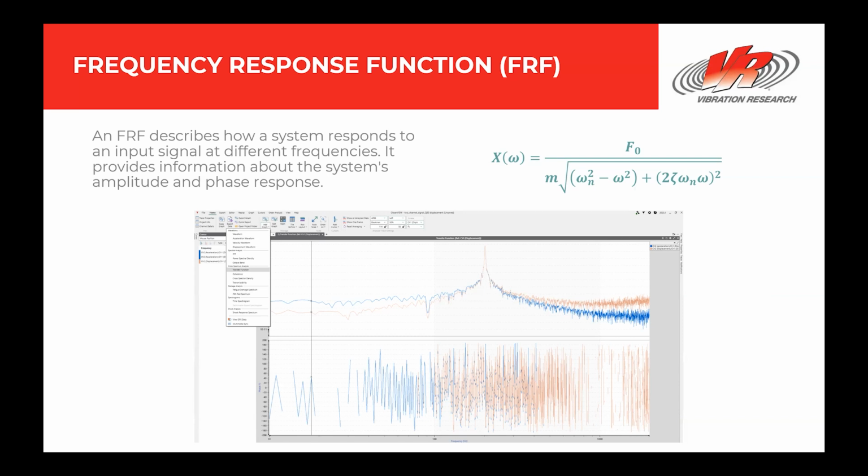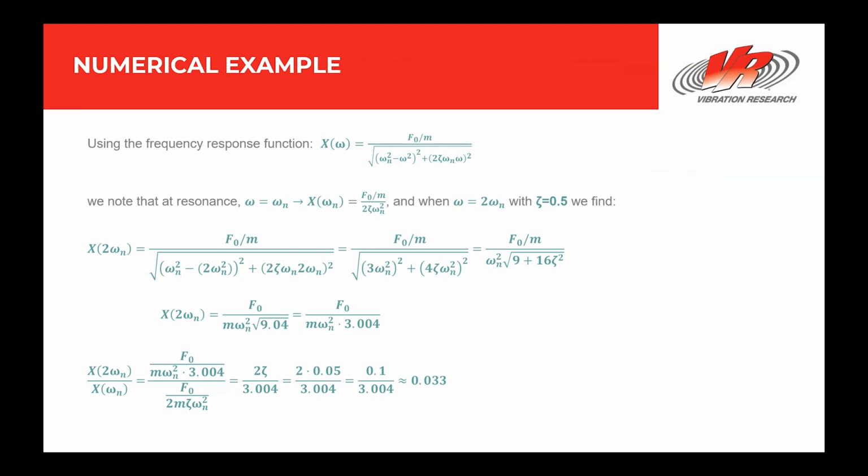in the measurements. They're a good starting point for understanding how well the factor of 2 rule applies to a system. So for a typical lightly damped system, zeta is small, and the amplitude at twice the natural frequency is much smaller than the amplitude at the natural frequency, which is how the factor of 2 rule works. So looking at the